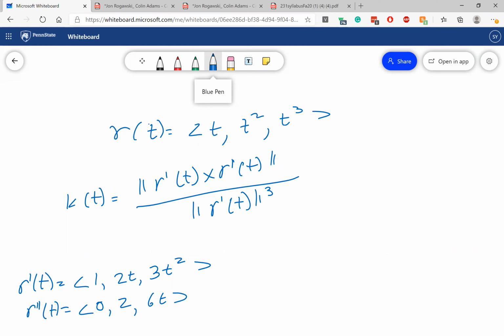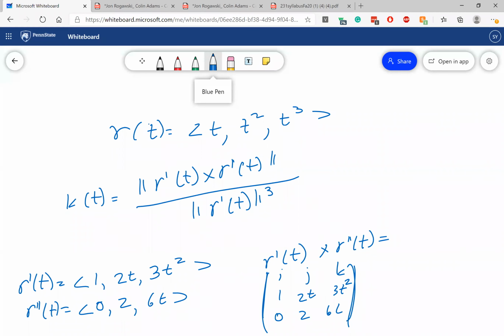So then r prime of t cross r double prime of t, that's going to be the determinant of the matrix i, j, k, 1, 2t, 3t squared, 0, 2, 6t. And this is equal to,